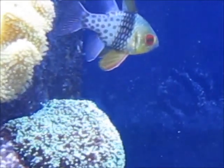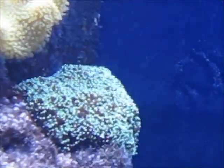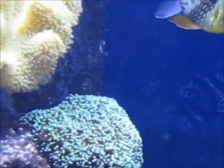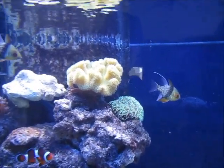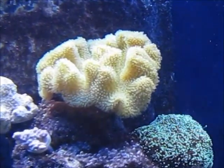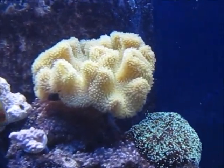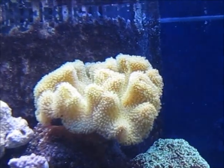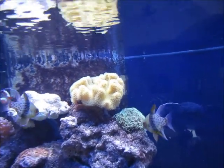Well, this one, every now and then I see a sweeper, but not very often. Yeah, I see a few right now. But every now and then it'll send one out, but not too often. Okay. Right next to that is the famous yellow toadstool, guys. Yeah, well, that's that Fiji leather. That's a yellow Fiji leather. That's yellow Fiji. Okay. Well, that's really rare right there. My goodness. Okay. And let's move on up to...